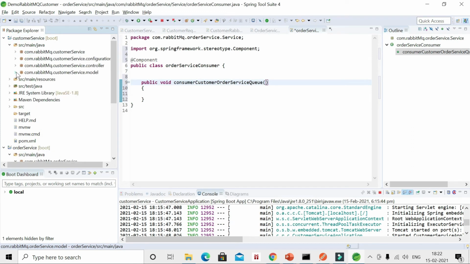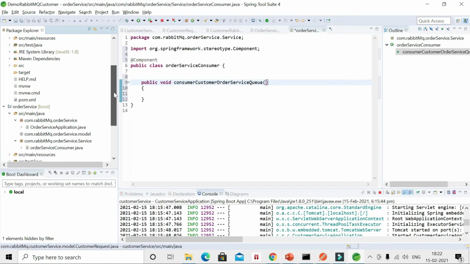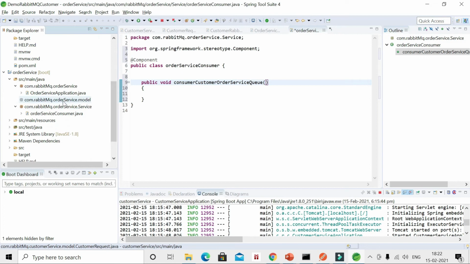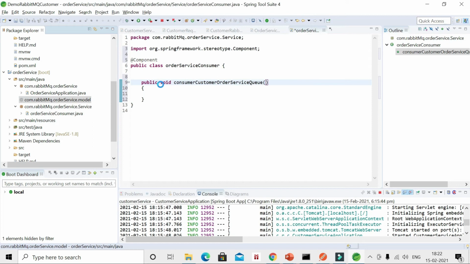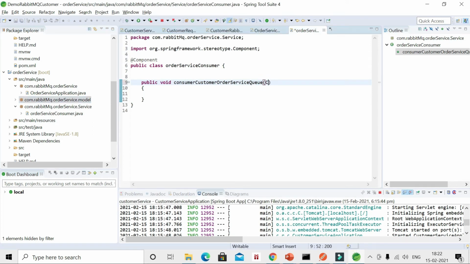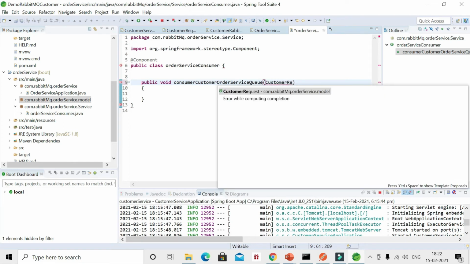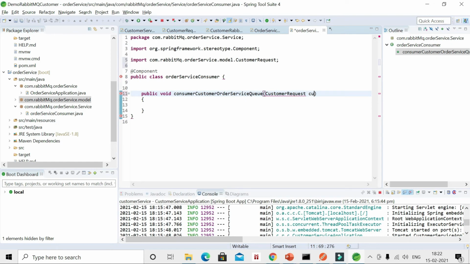You can write it also, but I am just copying the same thing here. So we'll give the parameter like customer request instance like this, and see, our method is created.